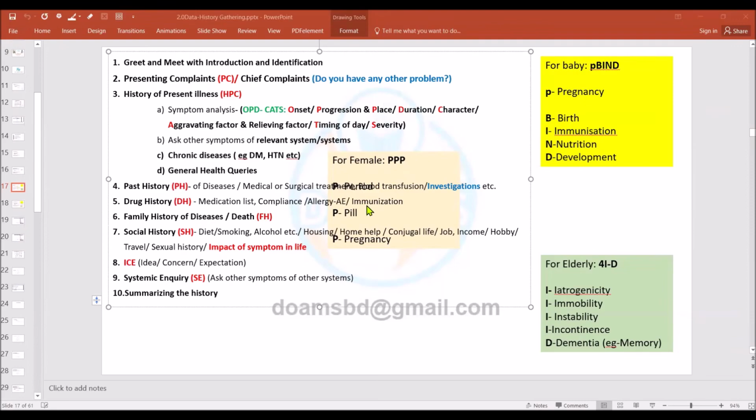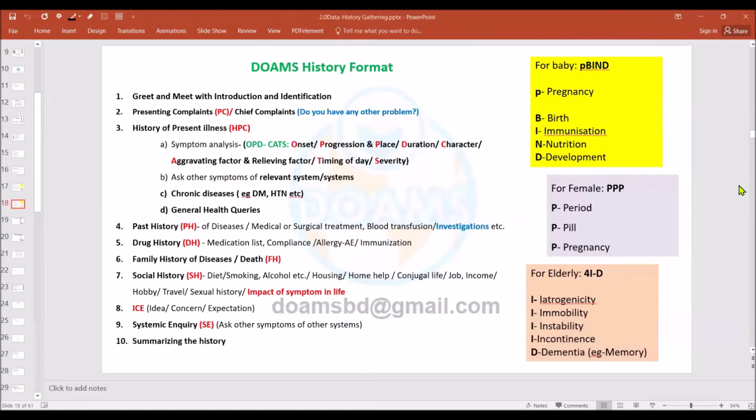Okay. So it is a little puzzling here in your vision. Pregnancy, pill and the period. Pregnancy, pill and the period. Okay. So in the next slide it is mentioned more clearly: P bind, PP, and the 4ID, pill, and pregnancy and the period. Okay. So if it is enough for you,